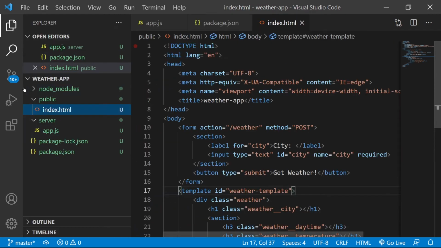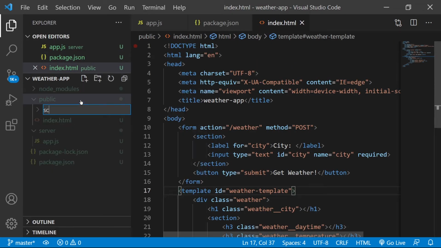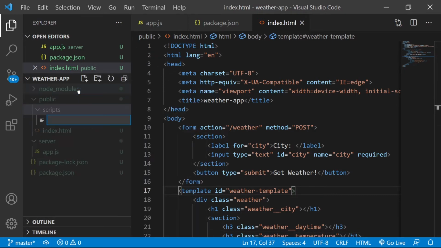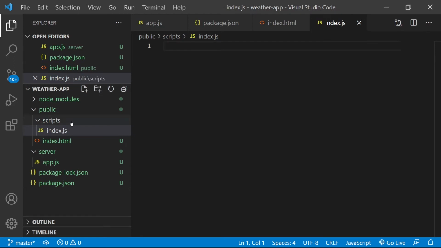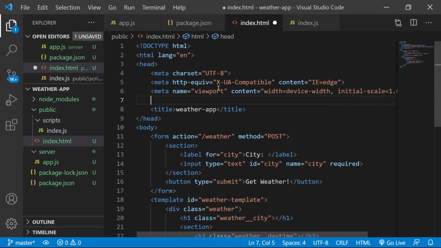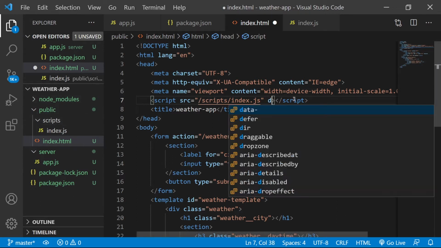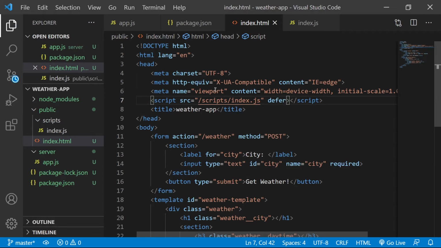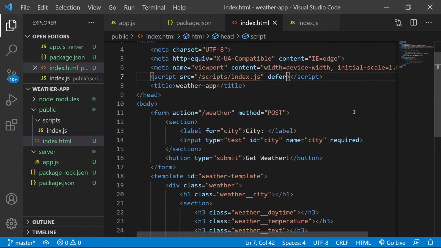Cool, so let's do a couple of fun things right now. Let's go inside of the public folder. I'm going to create this script folder. Inside of here, I'll have just index.js. Now let me go ahead and link to that. I'll just do it from up here. And then we'll have to make this script, since it's going to be getting it. Public is the one that Express will be using. And I'm going to use the defer attribute, so it actually is not loaded until after all the HTML has been parsed.